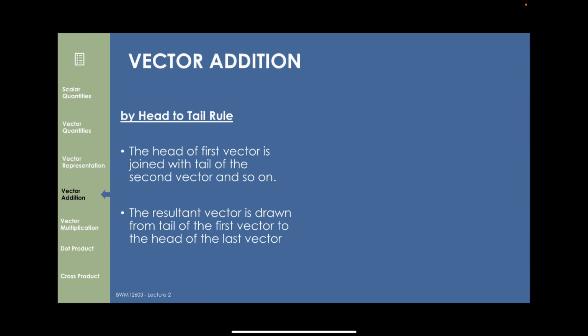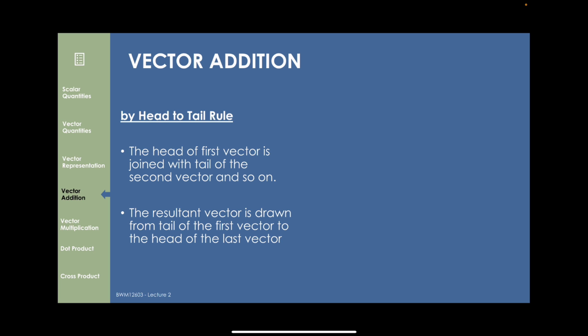Now let's look at how vectors can be added. So the first method, and a very common method, is actually a graphical method: the head to tail rule. It is very simple: if we have more than one vector, we can add them together. Using this rule, the first vector and the second vector are joined such that